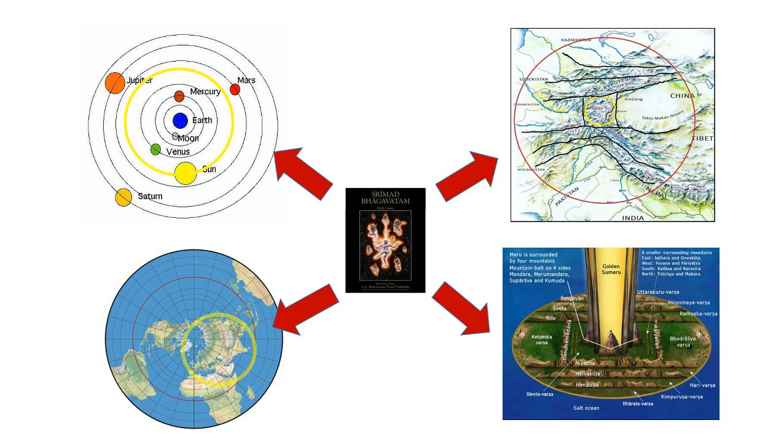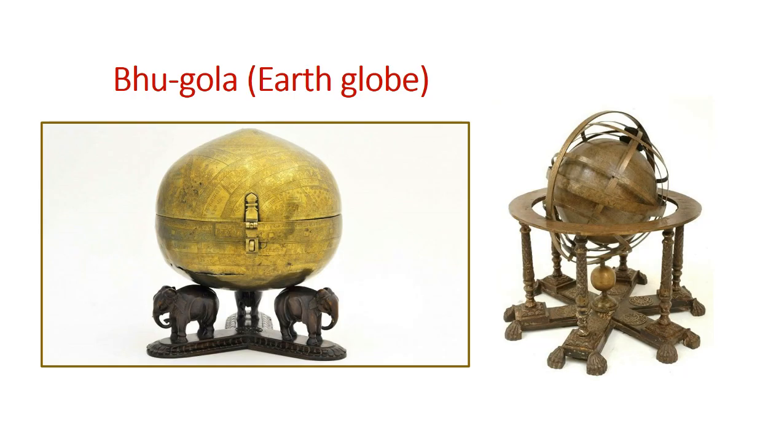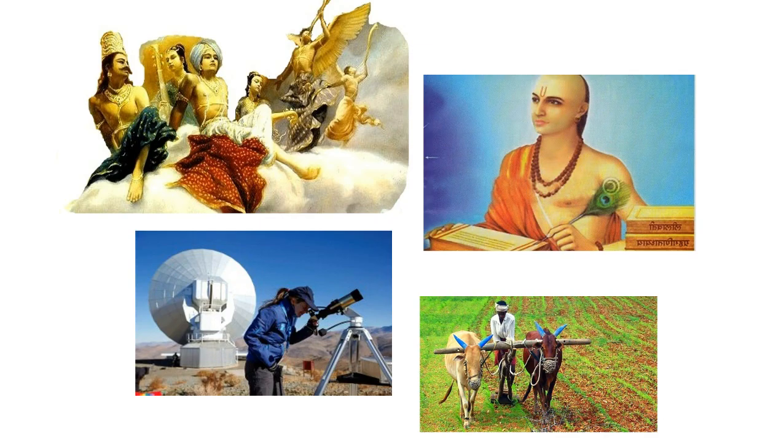For the purpose of this presentation, I'm going to be adding a 5th model, Bhugola, as described in the Surya Siddhanta, a global Earth. I suggest the Bhagavatam is describing what is regarded as the Earth or the Greater Earth from various points of view according to consciousness and perception.